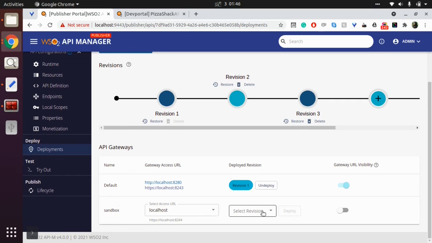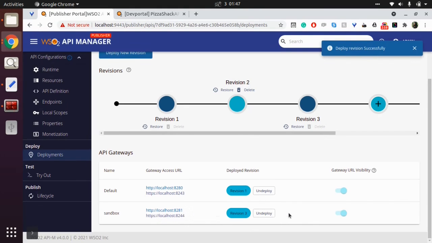Select the required revision from the Deployed Revision drop-down menu. Here I am choosing revision 3 and clicking on the deploy button. Now the changes we made to the API with revision 3 are available to the sandbox gateway.